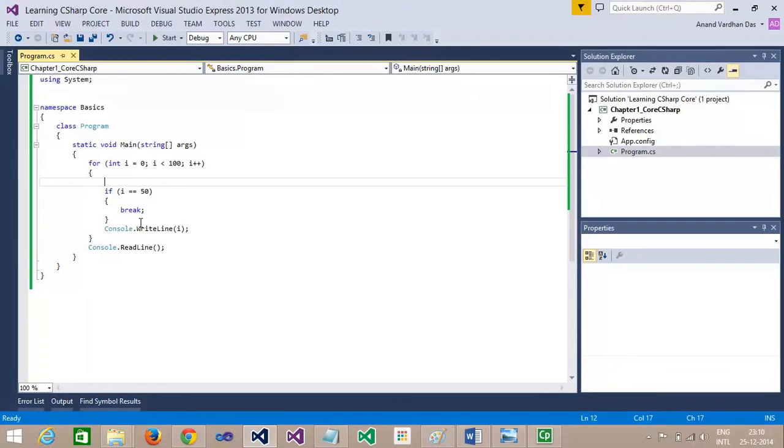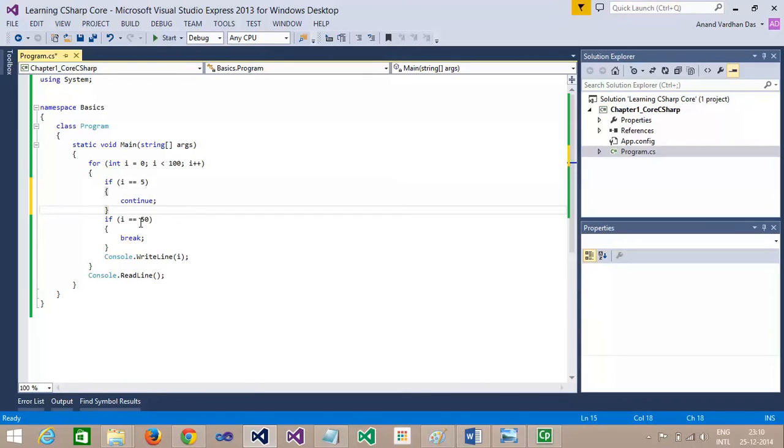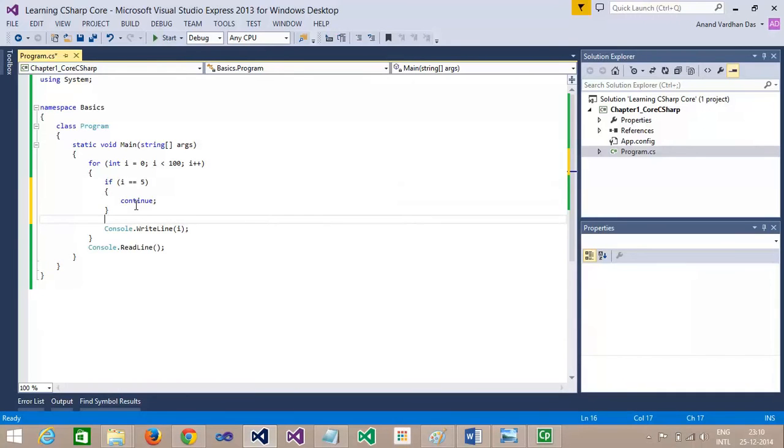Now we have another statement, continue. Whenever the CLR encounters a continue, it will skip the rest of the statements for the current iteration. The loop will continue, but just for that particular iteration the remaining statements will not execute.